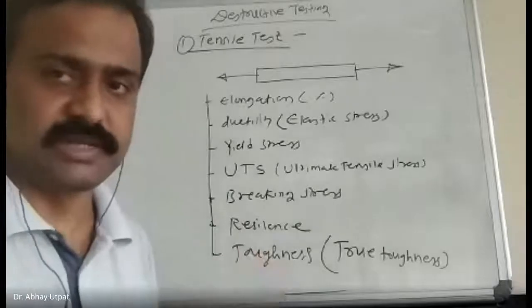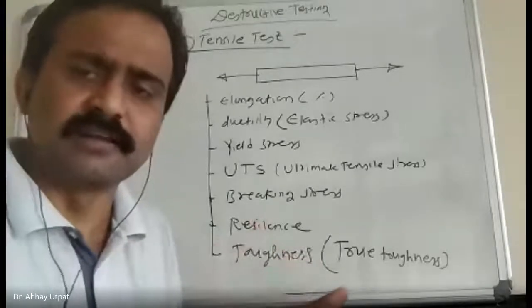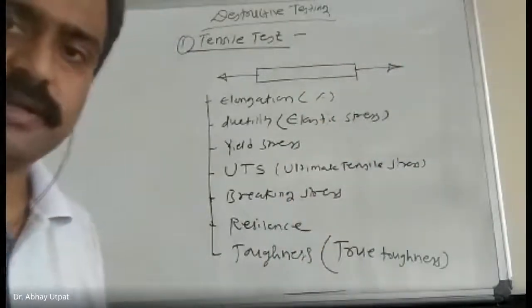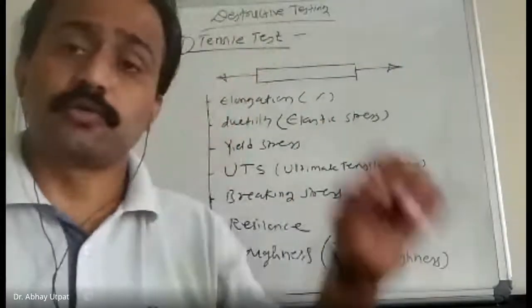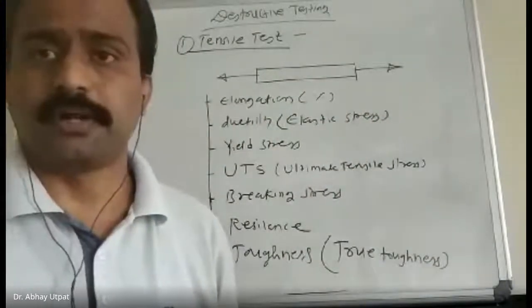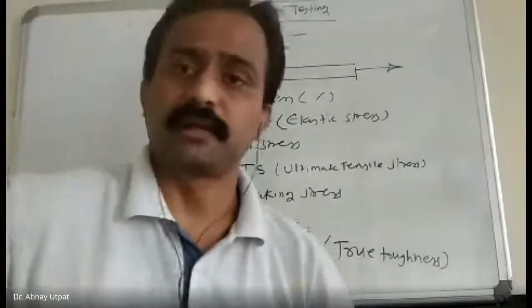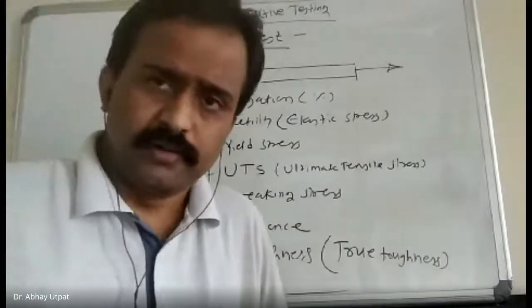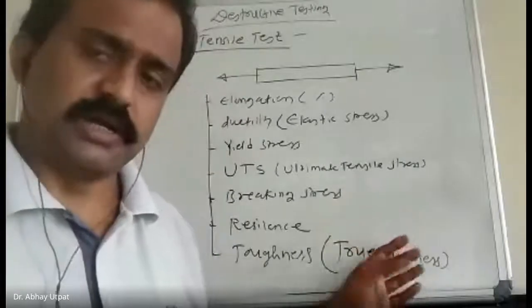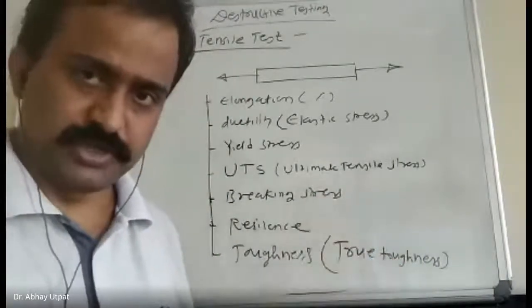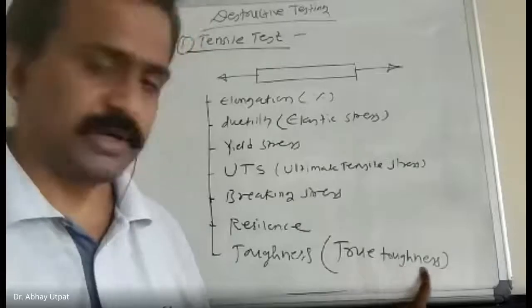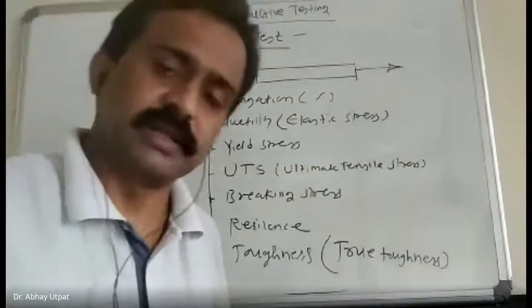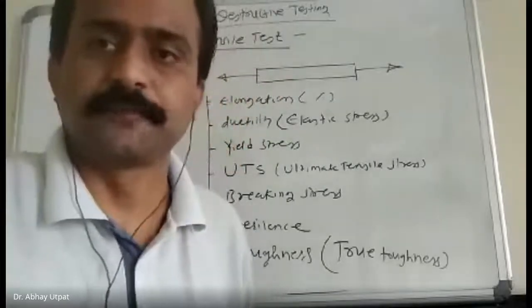Now, these are the parameters to be checked in tensile testing. What type of questions are asked? It may not be asked directly, like what is tensile testing, what are the parameters. It may also be asked to draw the stress strain curve for elastic or for ductile material and explain the following properties. Or a number of sub questions, it also covers MCQ. I asked you to write here true toughness. What is the meaning of true toughness? That I will explain during the explanation of the curve.